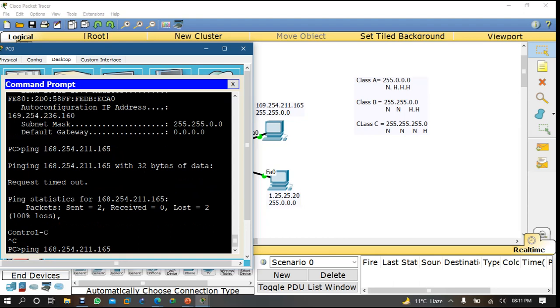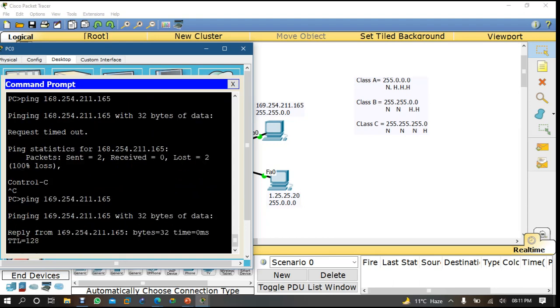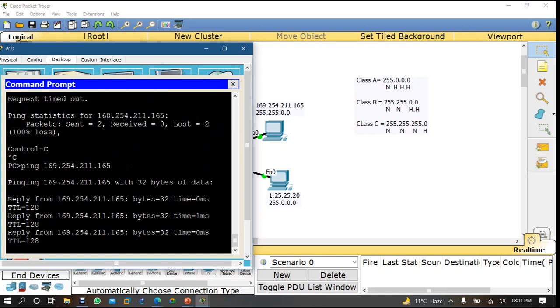It is 169. Yes, see, they are communicating, right?